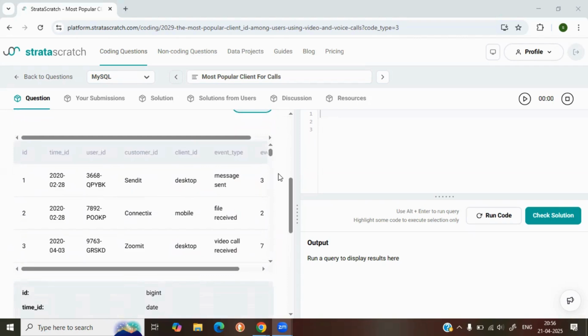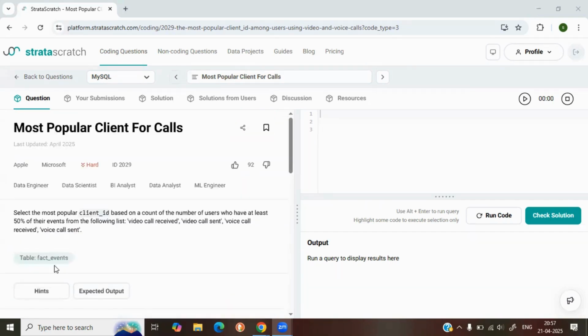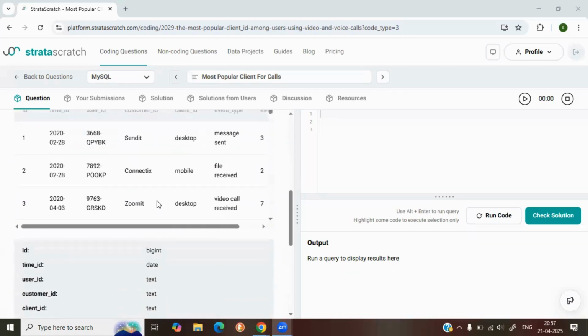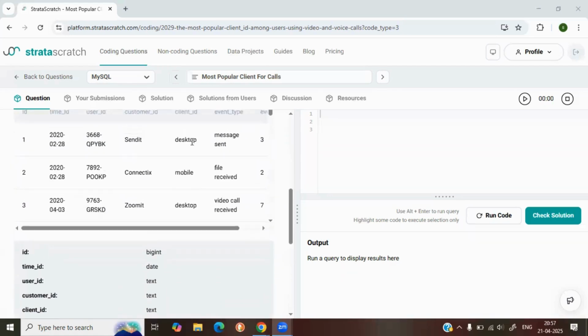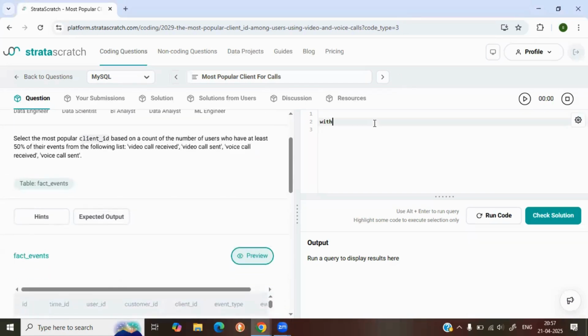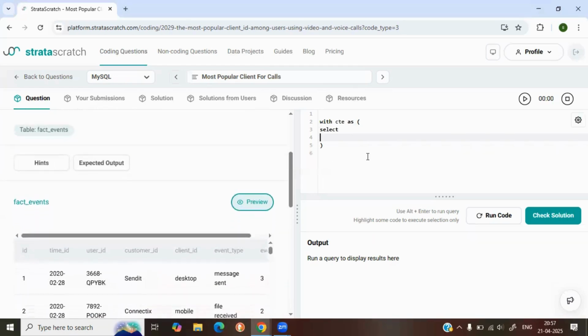So we'll solve this question in two steps. First, we'll identify what are the users that have 50% of their events from the following list of events. And then after that, we'll see which client ID is popular among those users. So first, we'll create a temporary table with CTE as we need to identify users with 50% of their events from this list. So the column is user ID,